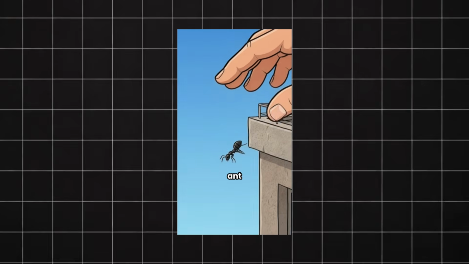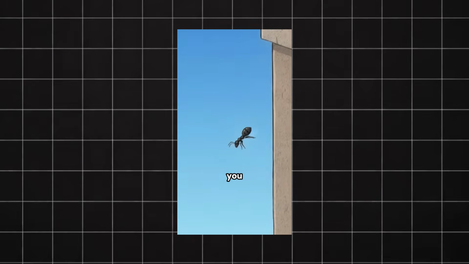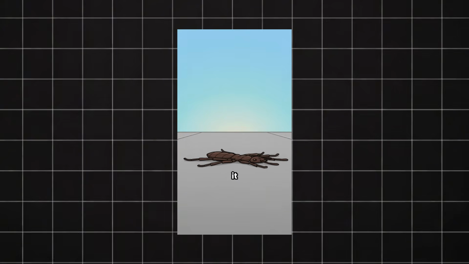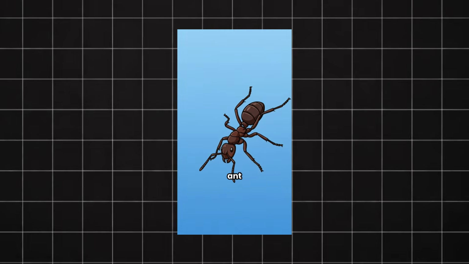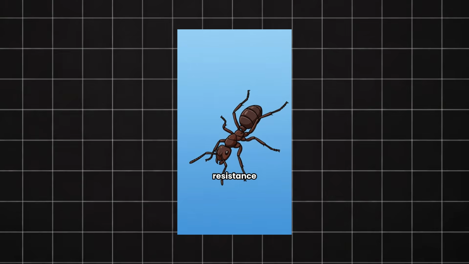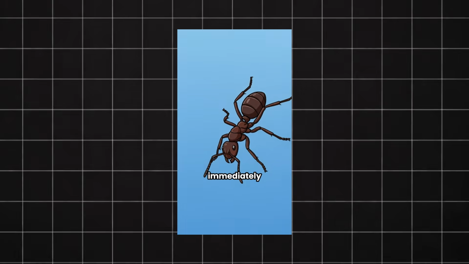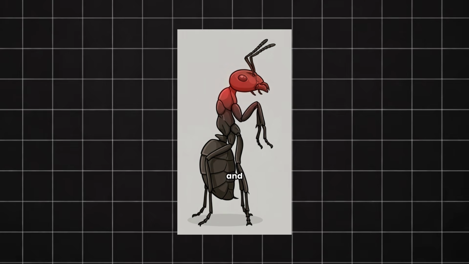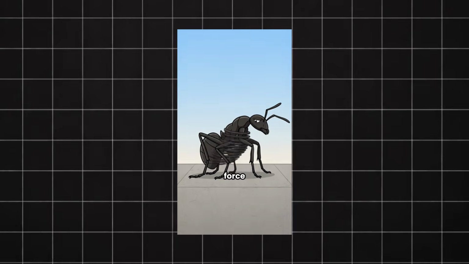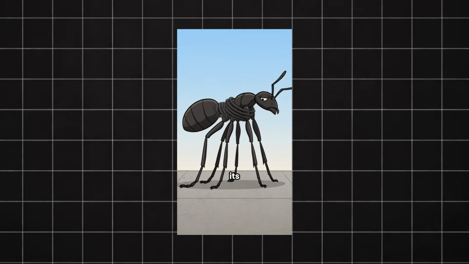If you dropped an ant from the top of a skyscraper, you might expect it to get crushed the moment it hit the ground, but it would probably just land, stand back up, and walk away. This is because an ant is so light that air resistance slows it down almost immediately. It can never build up the same deadly falling speed as a human, and thanks to its tiny body and strong exoskeleton, the force of—